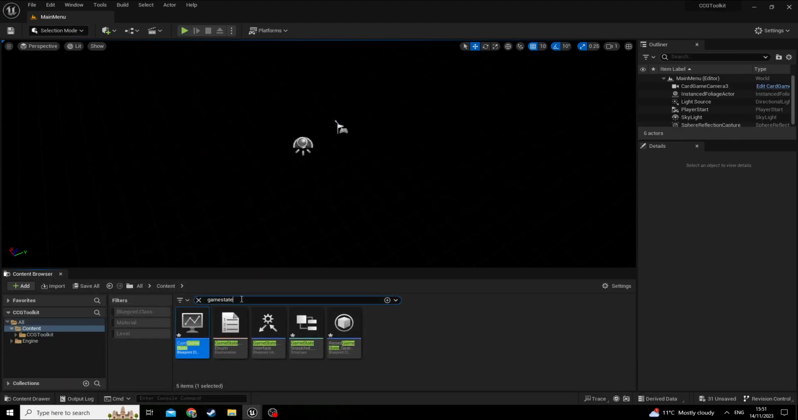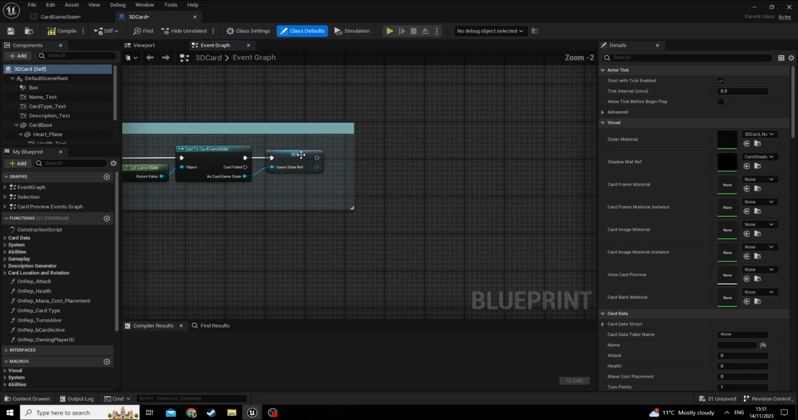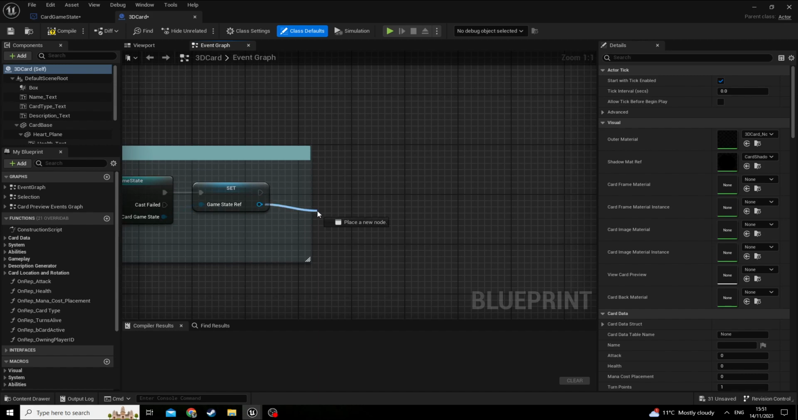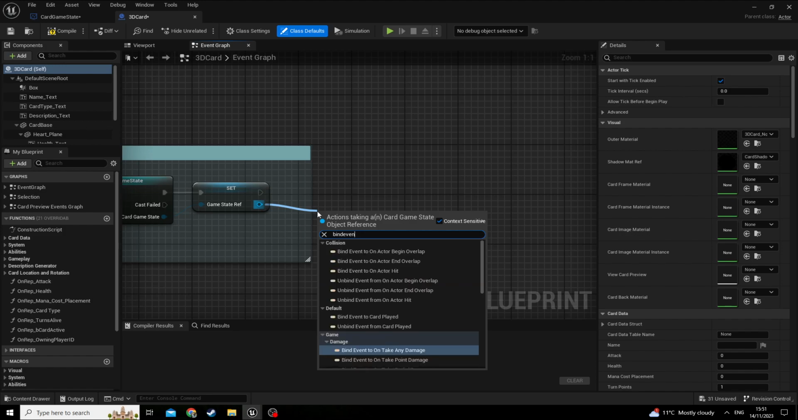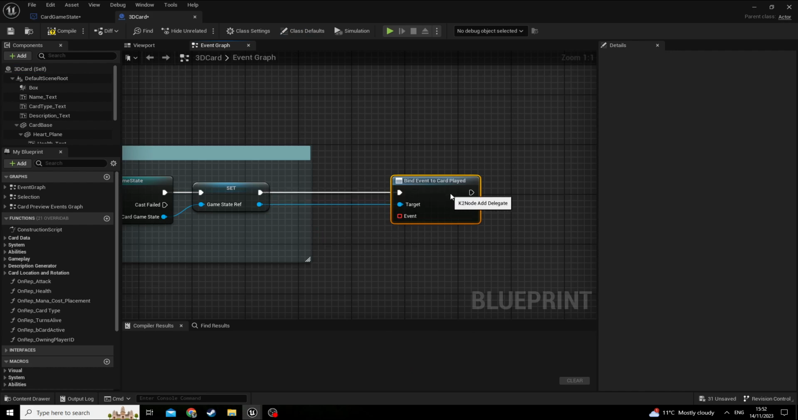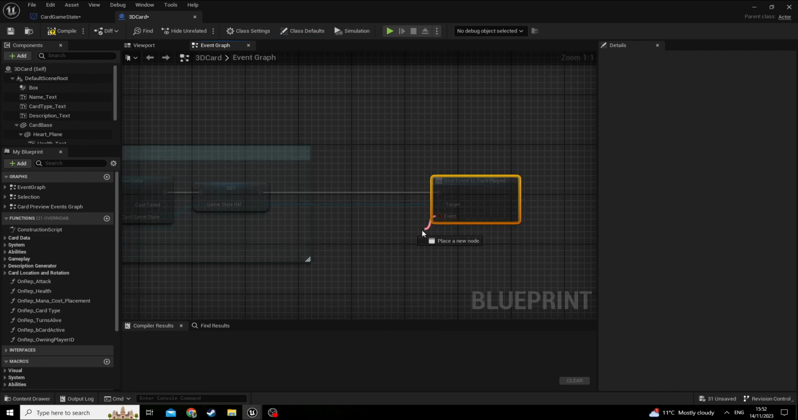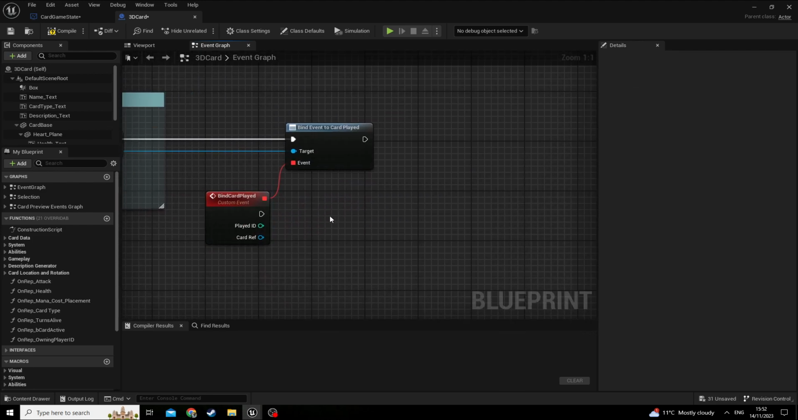For it to do something, it needs to be bound somewhere. We're gonna go to the 3D card BP. Let's bind the event card played, by the event card played. Let's get a custom event, which can be bound to card played. Okay, from here,